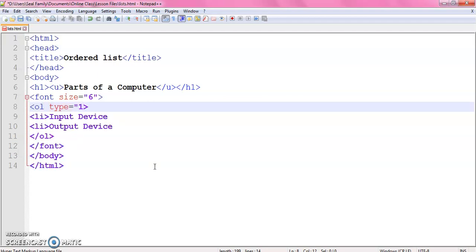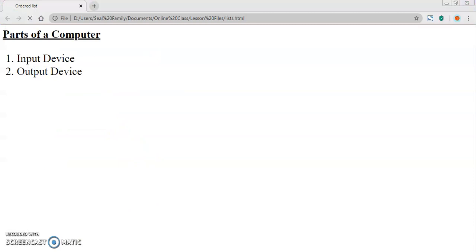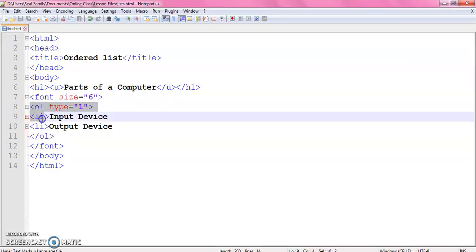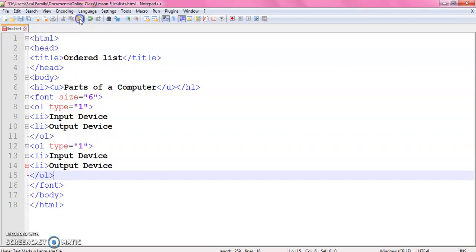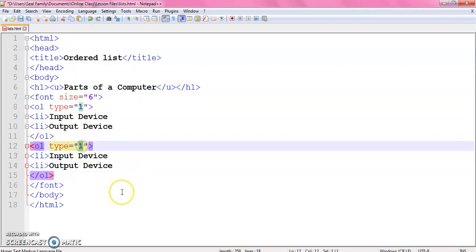So default one is this 1, 2, 3, 4. If we type 1, then the output remains the same, that is 1, 2, 3, 4. Now I am going to copy this code and just paste it here, so I can change the numbering type.